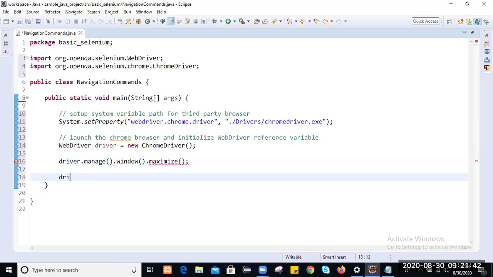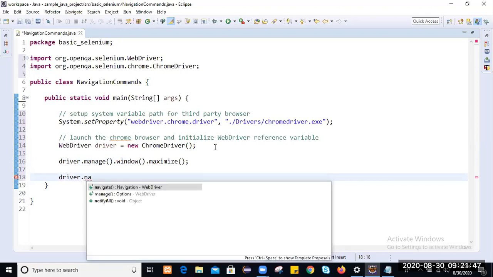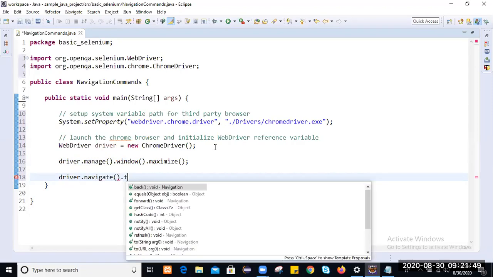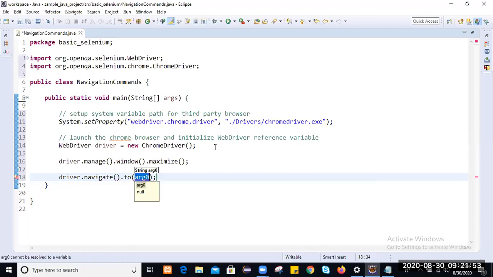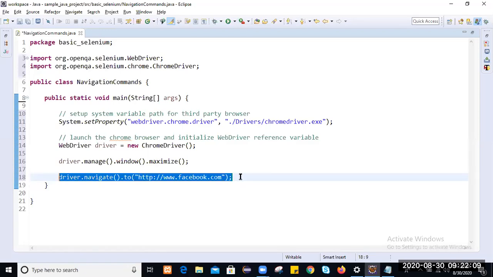Once you maximize the window, instead of driver.get, we will use the navigate method. driver.navigate.to is the navigation method. It will take one object which is a string. So I will pass the URL http://www.facebook.com.